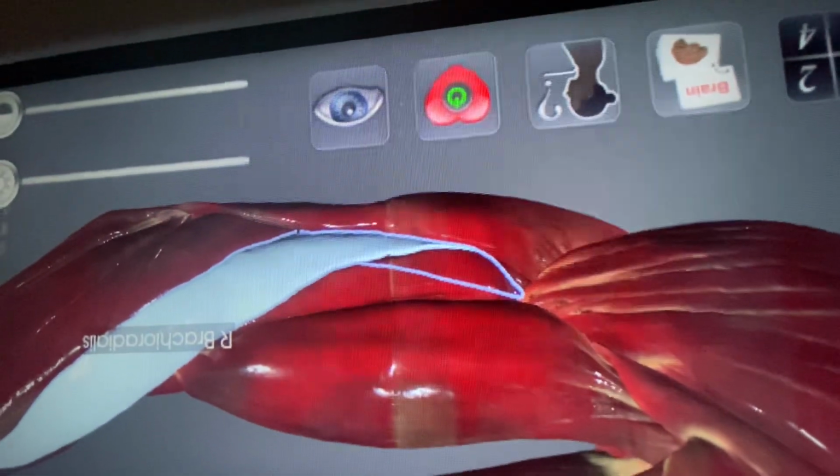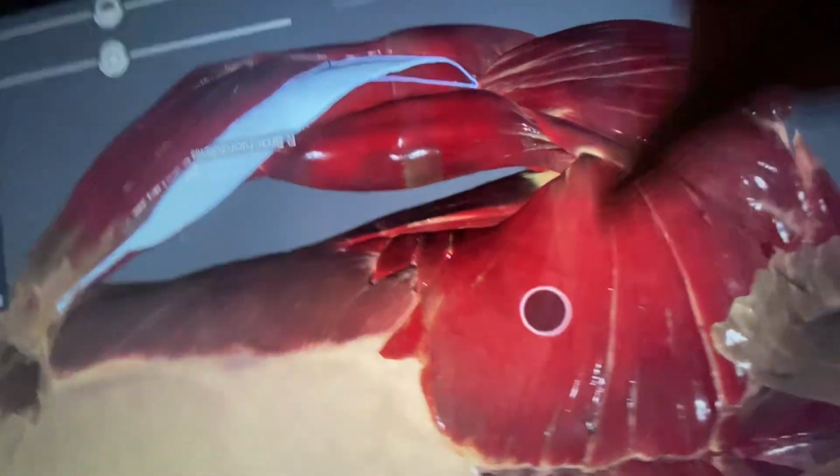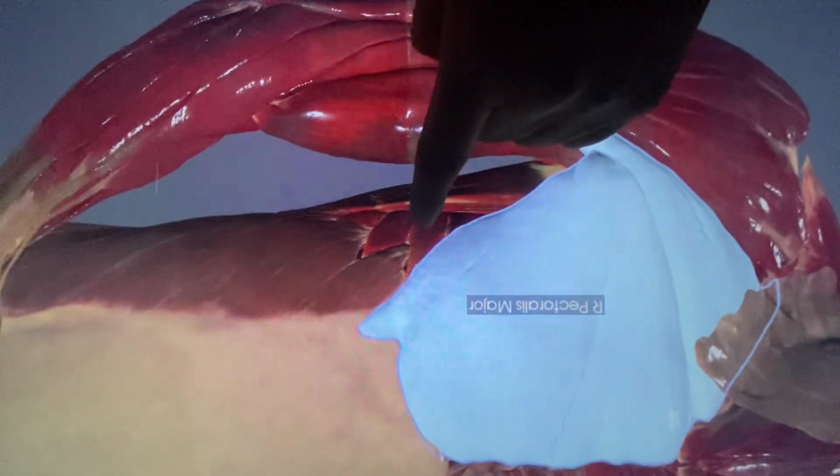You could see it connects the brachium to the thumb side or the radial side. Pectoralis major,